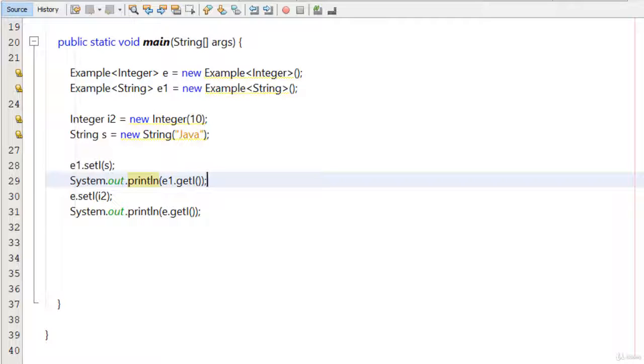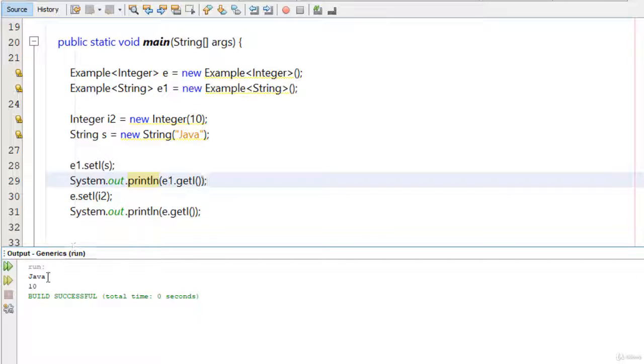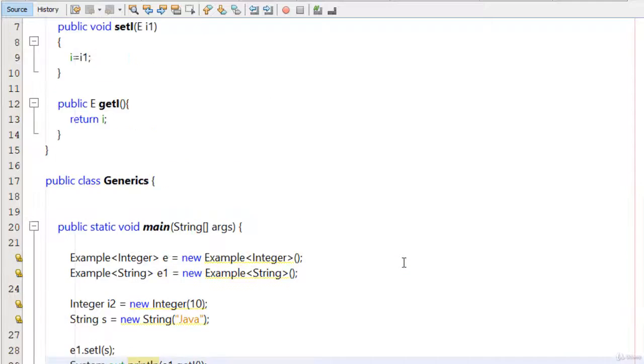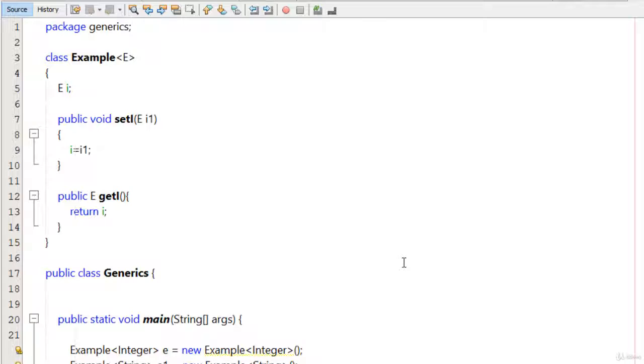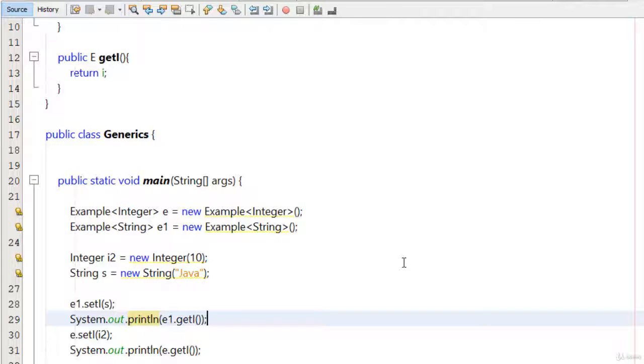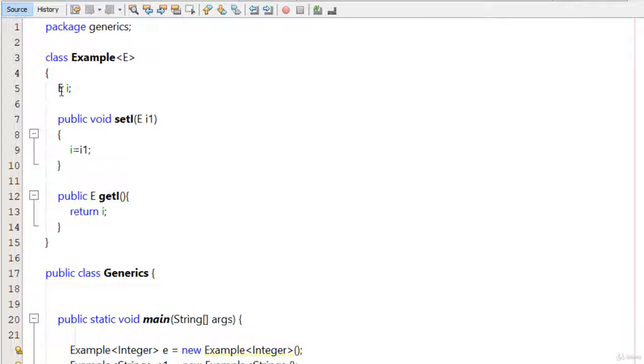Okay, so now if I run this program, you will see Java and 10 on the screen. You can see we had the same class, but this class is now our generic class. I repeat all the things once again here. First of all, we have simply created the object of the example class, and in the example class, we have